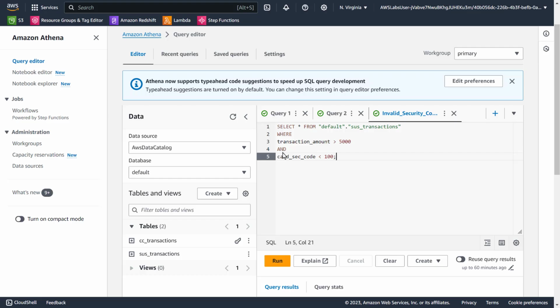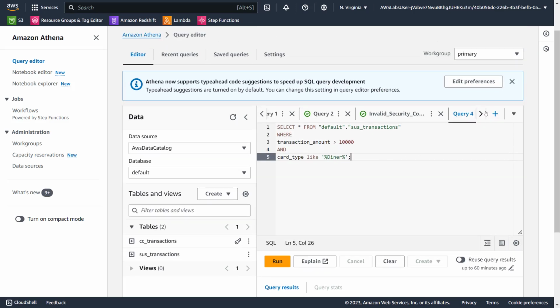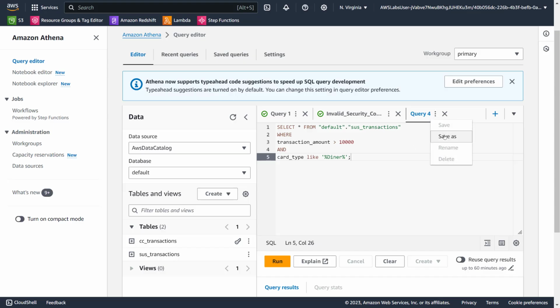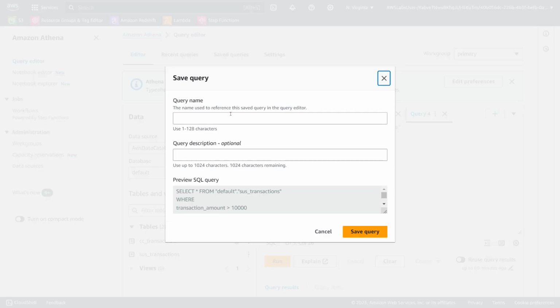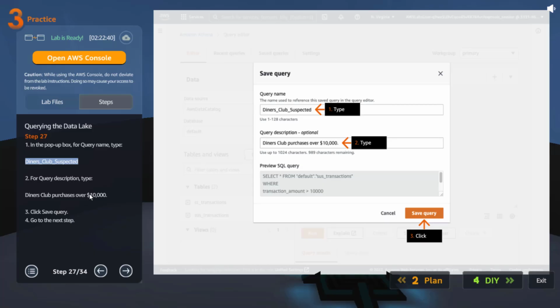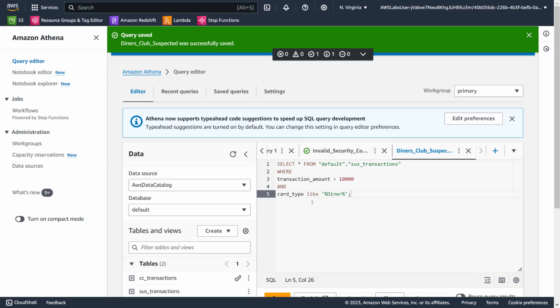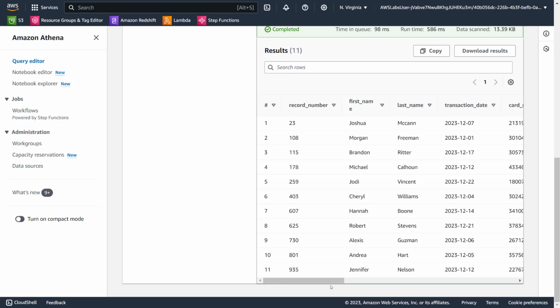So let's go back, replace, not here, we already have that. So let's click here, paste it, similar query. I can close this one, close that query, save as, copy, paste, copy, paste, save query. Okay, now we have it here. So let's run it and let's see. Oh, we have 11.